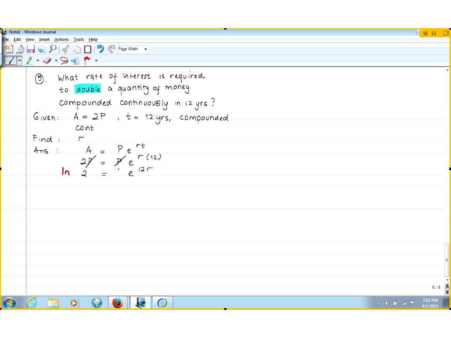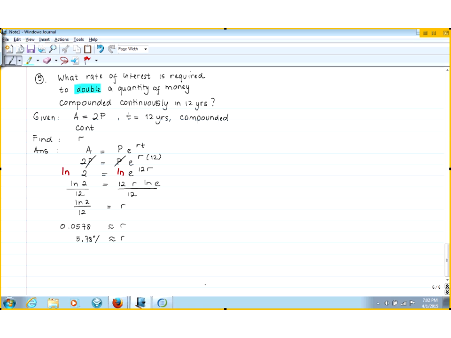How do we solve for r? Well, r is the exponent, so we have to bring it down. Use ln. So ln 2 is equal to 12r times ln e. And ln e is 1. So in order to solve for r, we will divide by 12. So r is ln 2 over 12, and it is approximately, let's see,